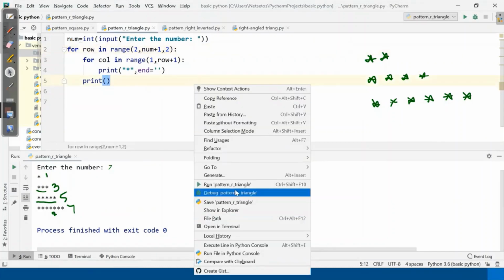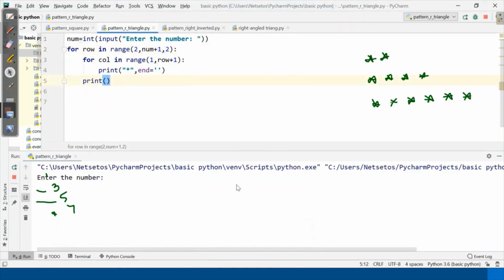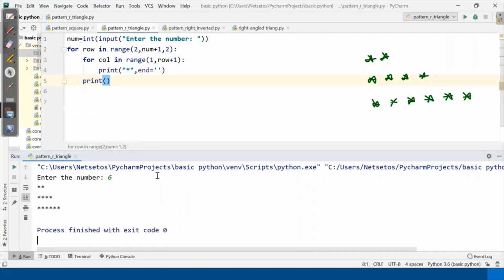So if I print this, let's say 6. Before this, I should delete this. And here I'll enter. So what did I get? 2, 4 and 6. So in the second row it is 2, in the fourth row it is 4 and in the sixth row it is 6. So we just need to play with our for loop.